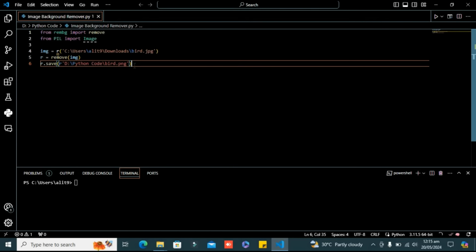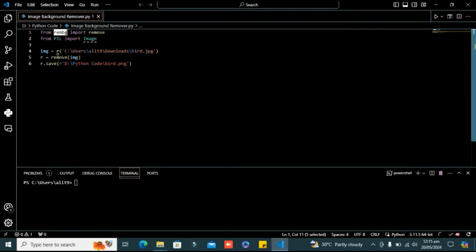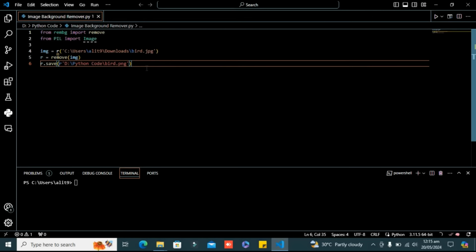I have tried this before, so I'm telling you that the requirement of this remove background library is that the output image must be saved in the PNG format. This line saves the processed image to a new file in PNG format. The save method from the image object is used, and the output file path is provided as a raw string to ensure the path is correctly interpreted.